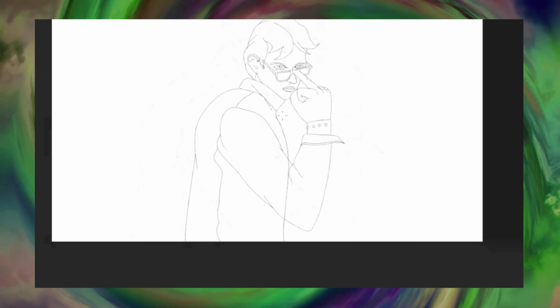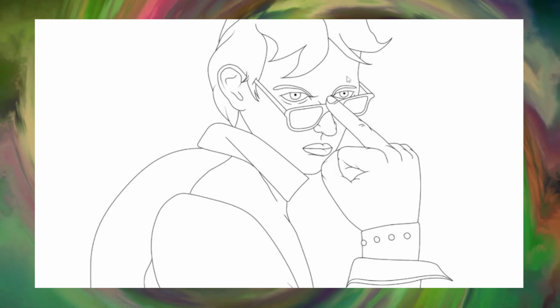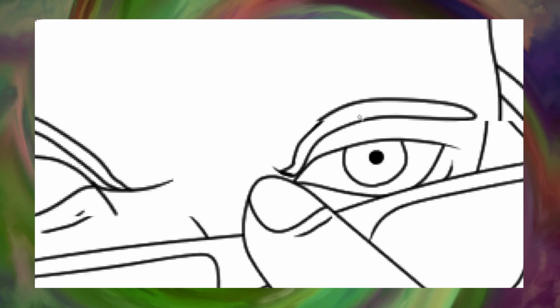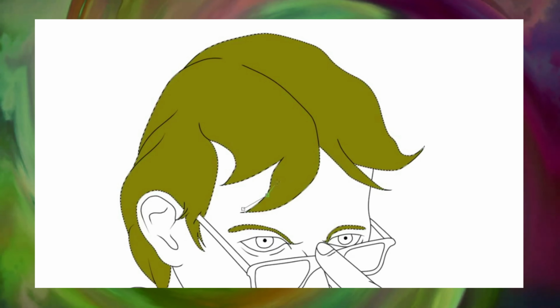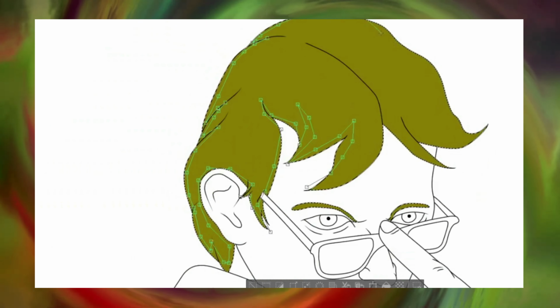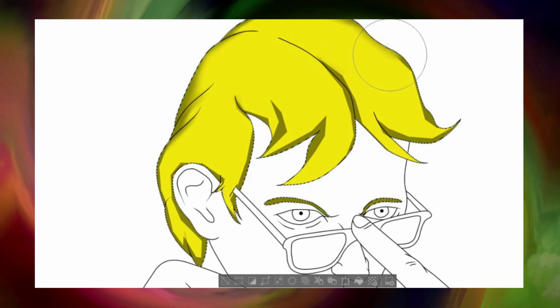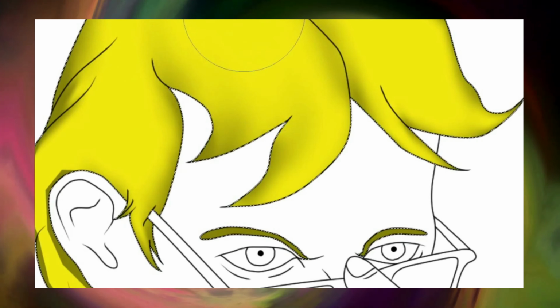Now, I personally don't know of many other artists that do this, but again, just like with line correction or referencing, it's really just another way of doing things, especially if you're an artist who is trying to meet personal deadlines. Like me, I'm always missing deadlines, and I probably shouldn't have just said that, but a lot of artists struggle with deadlines. It sucks, but I just wanted to show you a couple of ways that you can draw faster without resorting to using AI to do all the work.